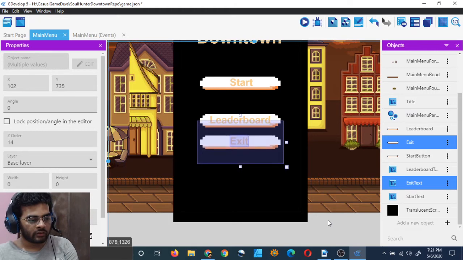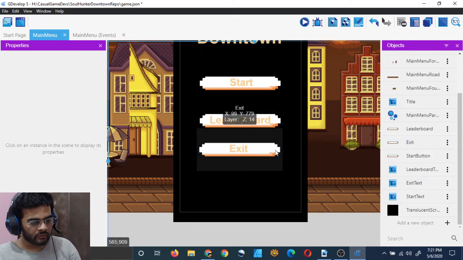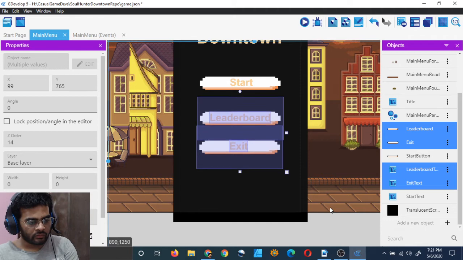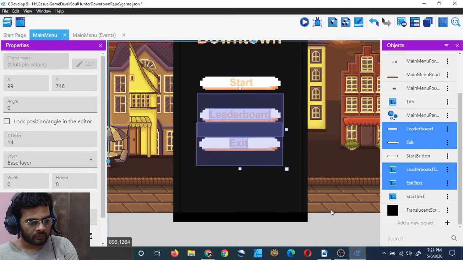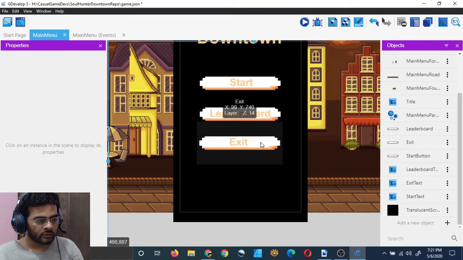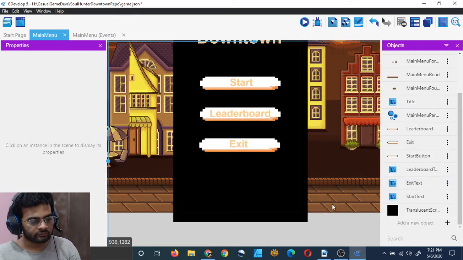Right, start leaderboard exit. So make sure to leave some space between these, because in mobile games, when you touch with your finger, the finger can cover other buttons also. So the player will not be able to precisely touch the button which they want to touch.